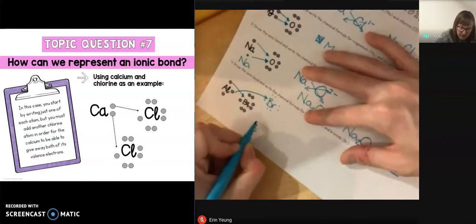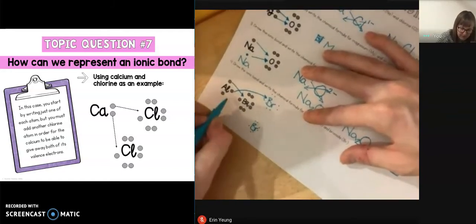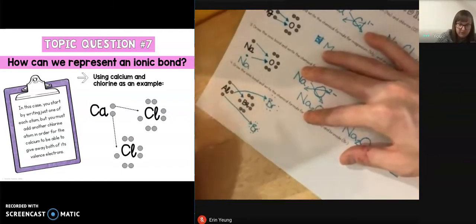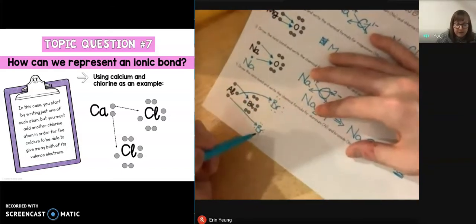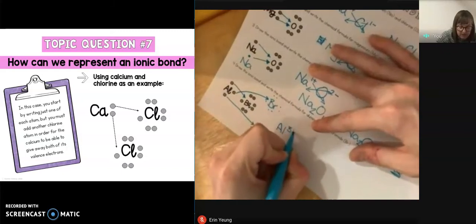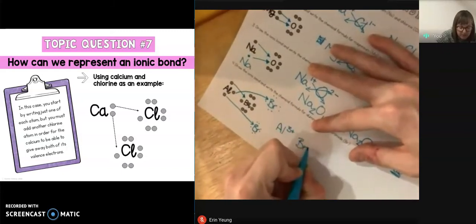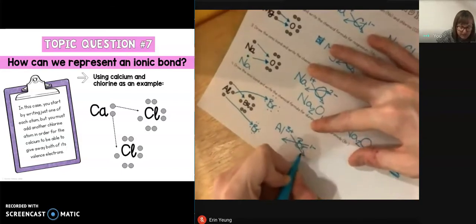And I've got to get another one. Bromine. Don't just write B. That's a different element. Be careful. I'm saying that to myself, not to you. So I needed 3 bromines because aluminum, if I look on my periodic table, has a 3 plus charge. Bromine has a 1 minus charge. So I'm going to bring these down, and I'm going to get